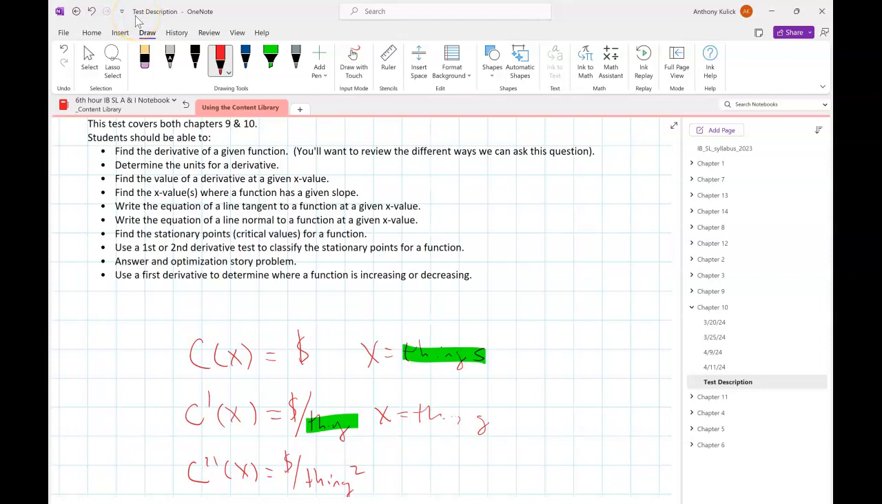That feels like enough, right? Yeah. Keep it simple, Mr. Kulik. All right, you guys